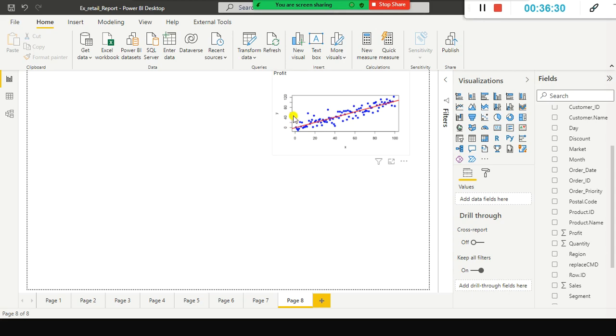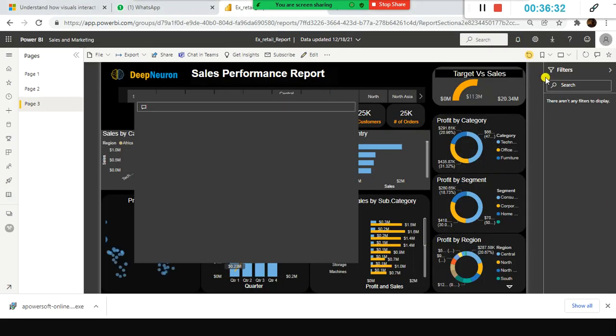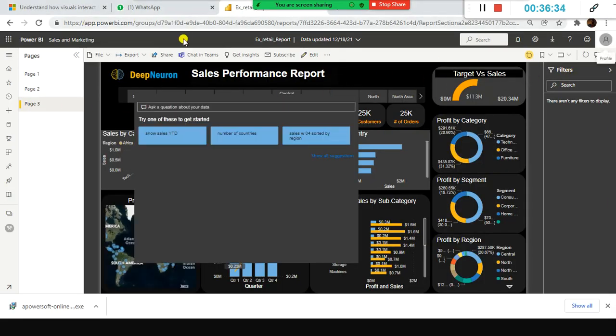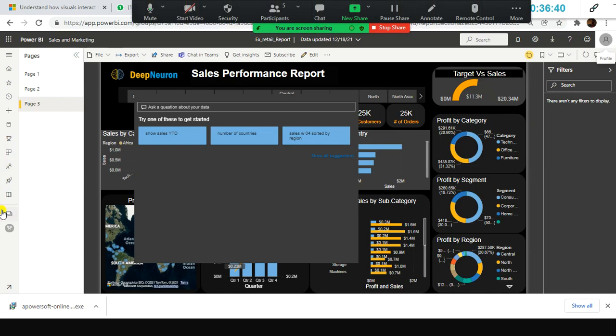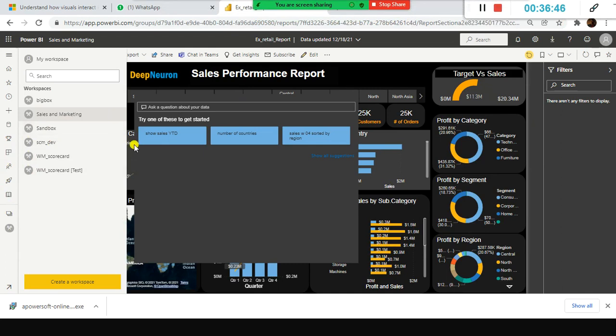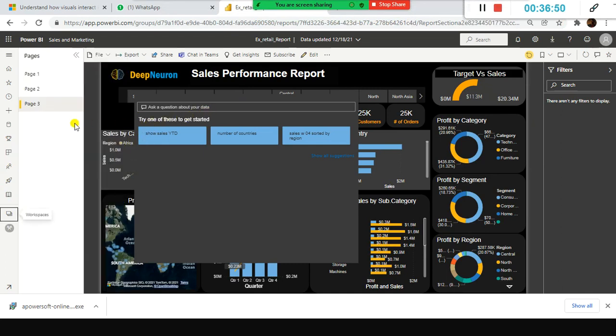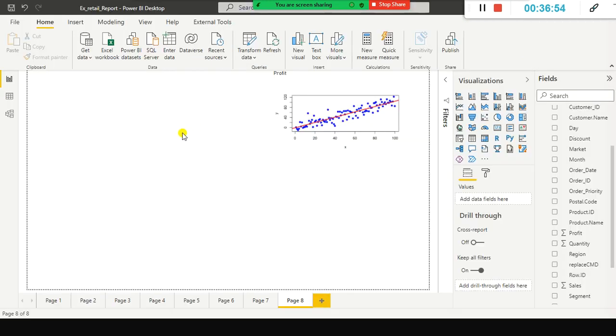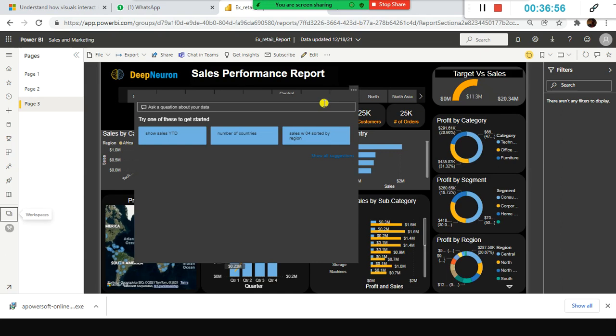When I type that, it will automatically connect to my Power BI service on cloud, and then it will ask the workspace name, which workspace you want to publish to. Since I already created a workspace named sales and marketing, when I select that one and press OK, the report I developed here will get published on cloud.